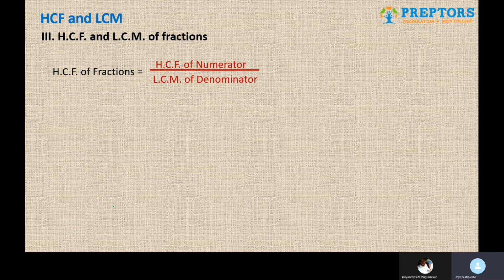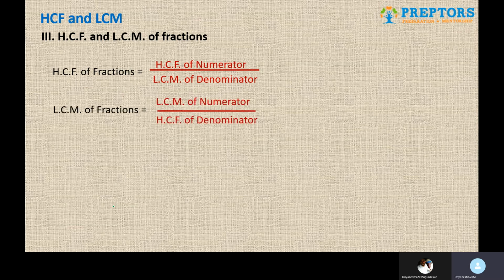So whatever the fractions that you will have, you need to consider all their numerators, and whatever those numbers are, you have to calculate HCF somewhere separately and just substitute in this formula or in this structure. Same goes for the denominator part. Whatever numbers are there in the denominators of all the fractions, you are supposed to calculate their LCM separately somewhere and then just substitute the value of LCM in this formula. And for LCM, this process entirely becomes ulta. For numerator it is LCM and for a denominator it is HCF. So using these formulae, you can calculate the HCF and the LCM of the fractions.